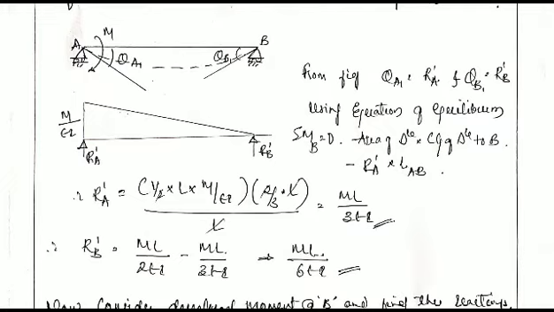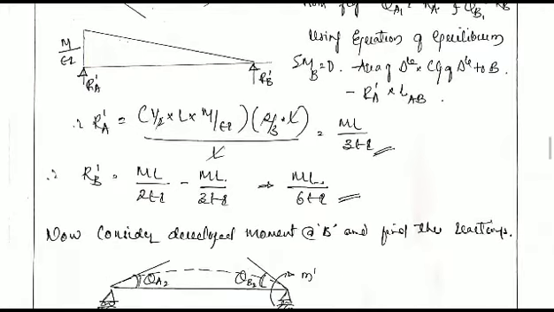Similarly, when you substitute this value of RA in the above equation, we get RB dash equals ML by 2EI, which is the area of the triangle, minus the reaction at A, that is ML by 3EI. So when we substitute this value, we get the reaction at B will be ML by 6EI. So here RA dash is nothing but theta A1 and RB dash is nothing but theta B1. So these two we got by having a rotation at A point.